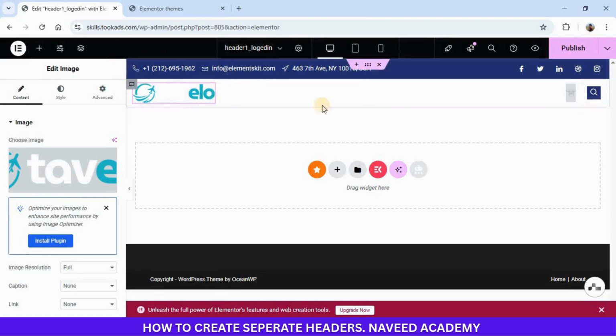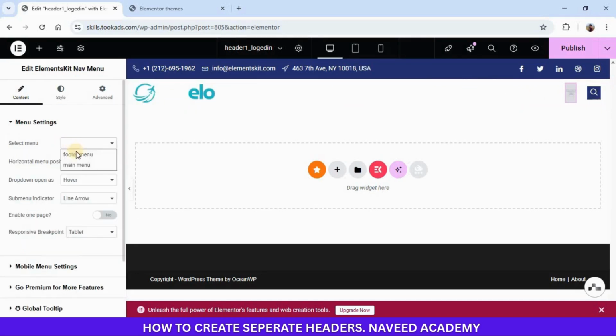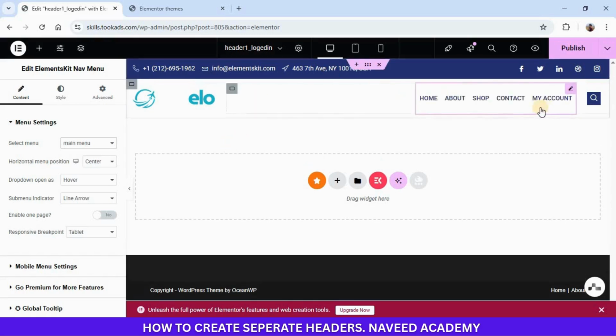After choosing the image, click here on this pencil icon and select the menu, main menu. As you can see that now we have logo and we also have our navigation items.